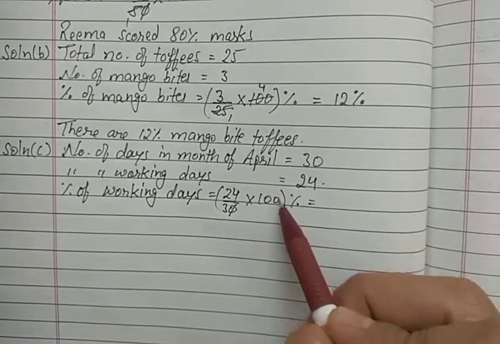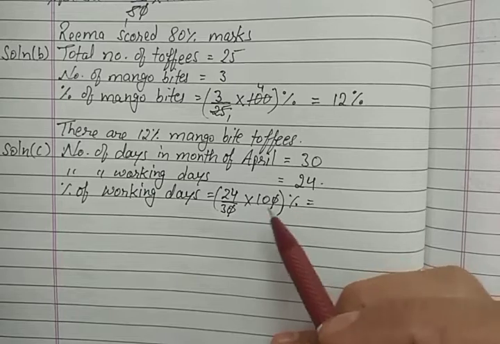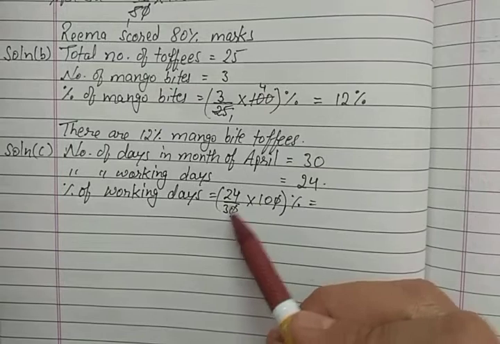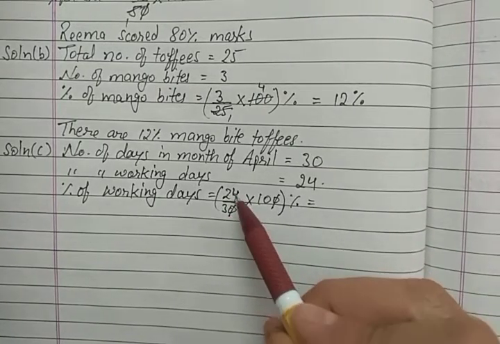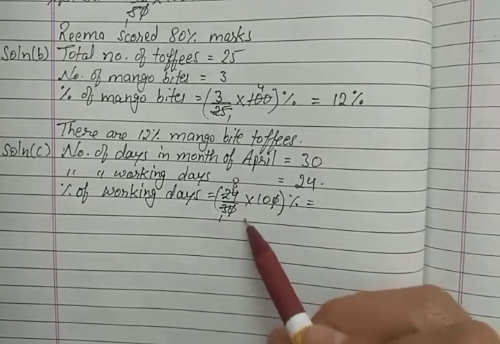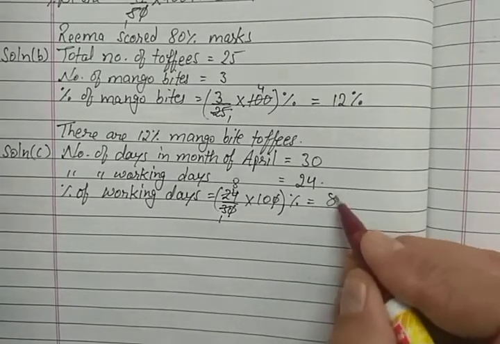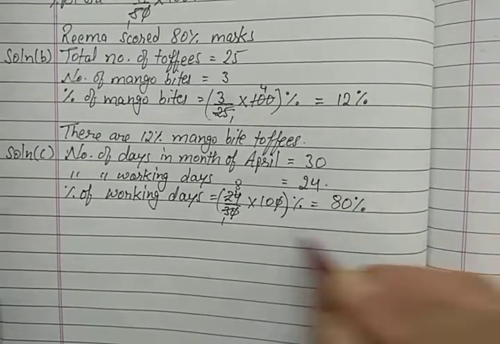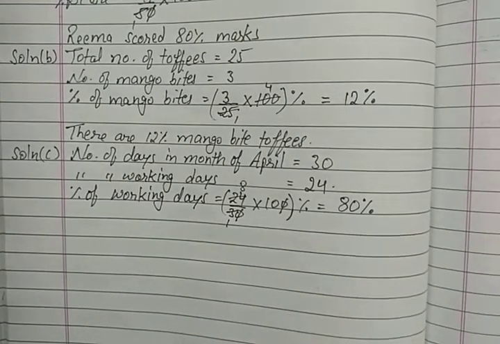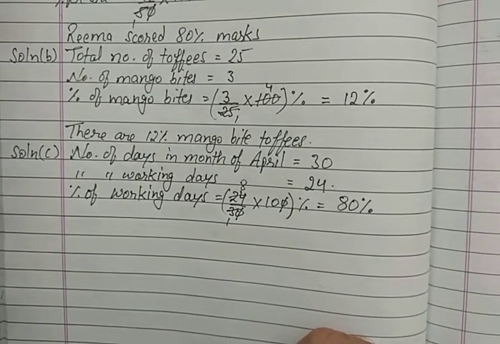First of all we will cut the zeros. 1 0 and 1 0 are cut. Now anything else that comes in the same table of the same number? Yes, 3 and 24. So 24 comes in the table of 3. 3 1s are 3 and 3 8s are 24. Now multiply the numerators. 10 8s are 80%. Because there is 1 in the denominator, there is no need to write 1. So 80%. So the percentage of working days is 80%.